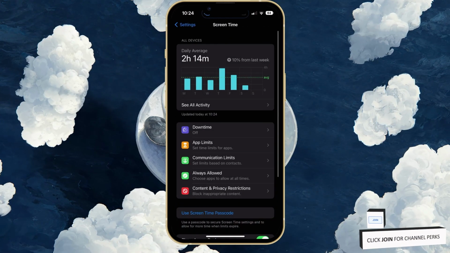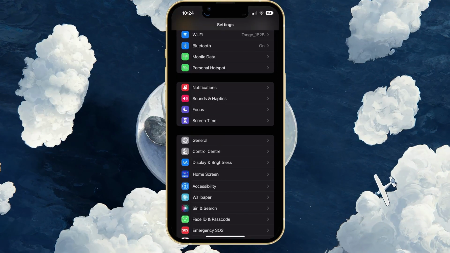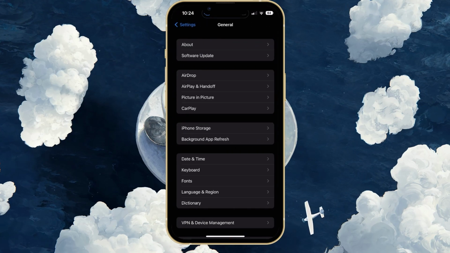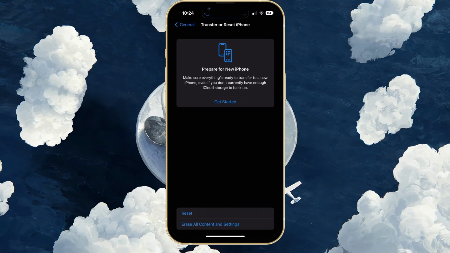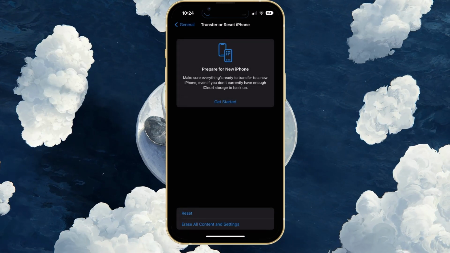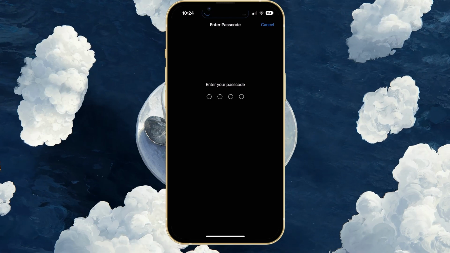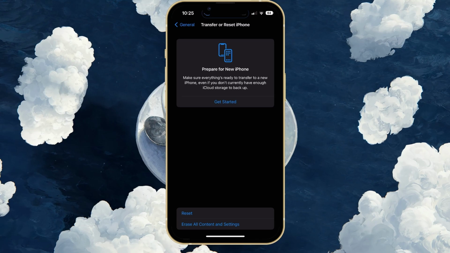Lastly, if the problem persists, then you will have to reset your network settings. Back in your main settings, tap on General and then select Transfer or Reset iPhone. Tap on Reset and choose Reset Network Settings. This will take a moment to reset all changes made to your network settings, and you'll be required to re-enter